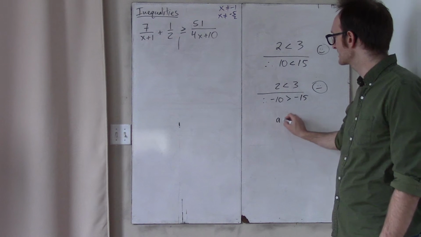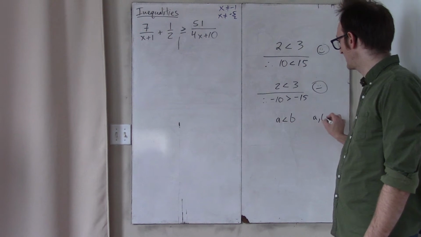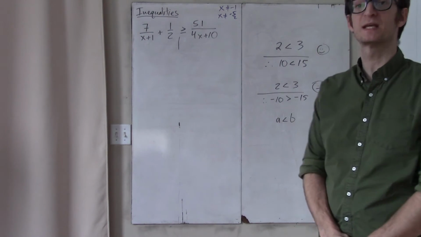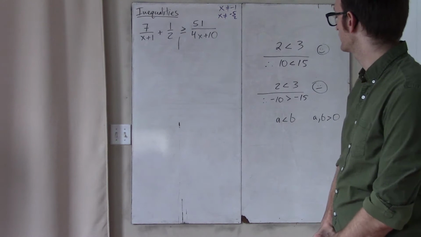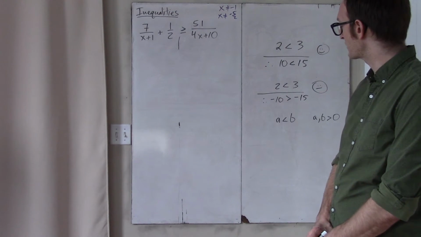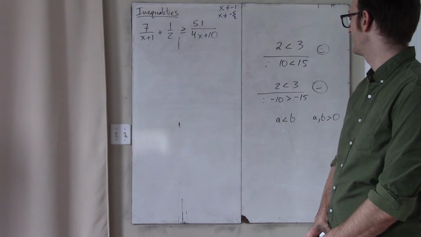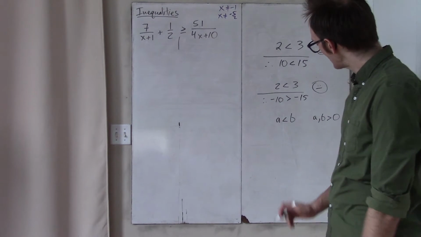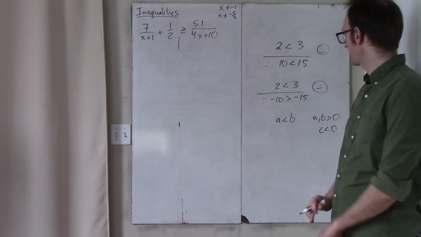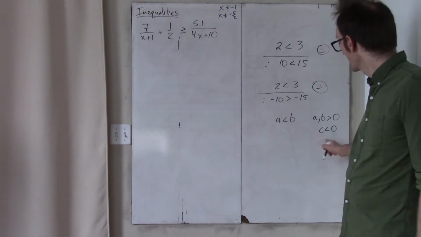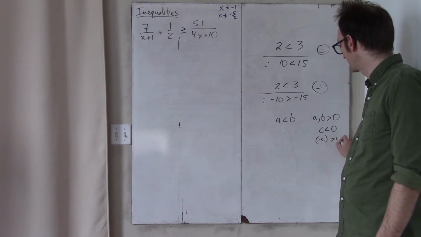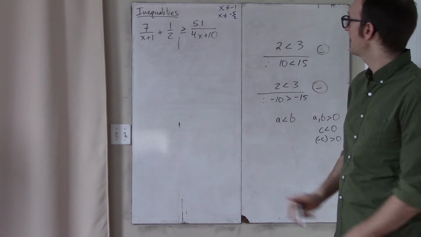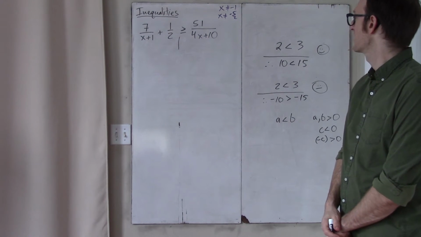If you have A is less than B, and A and B are both positive, and you want to multiply by -c, say, and you want to know why that works. Okay. So why does that work? So suppose C is negative. Well, if C is negative, then the opposite of C is positive. And as we've seen, when you multiply both sides by a positive number, the inequality is preserved,